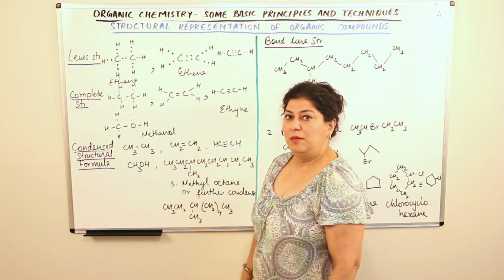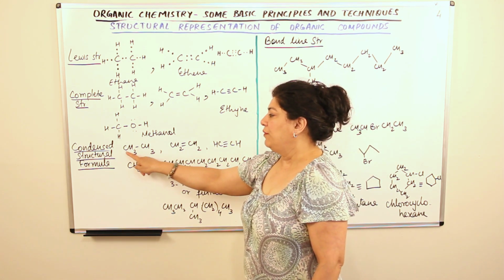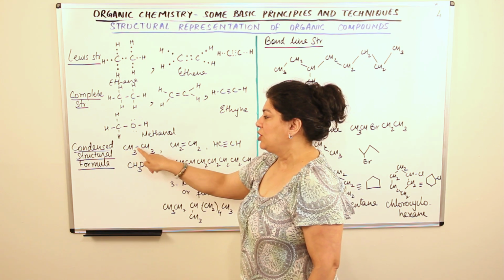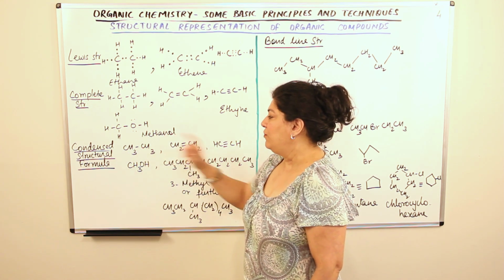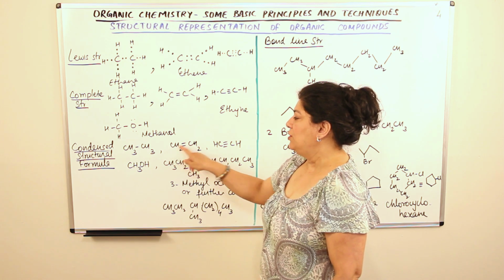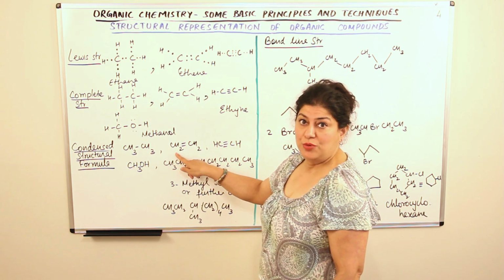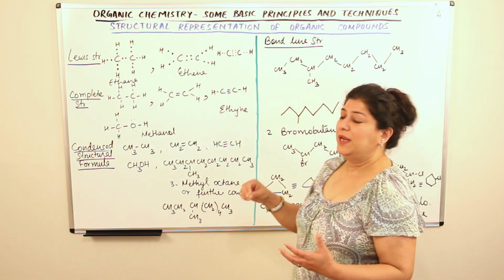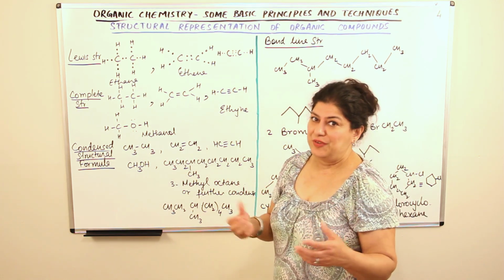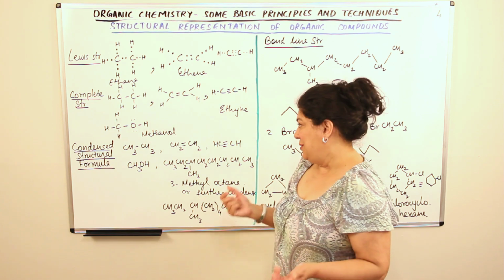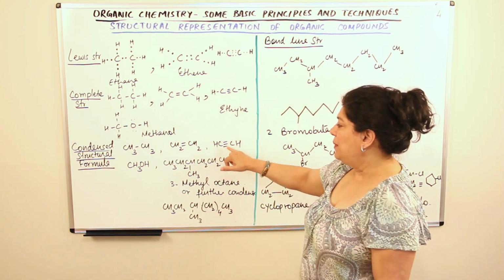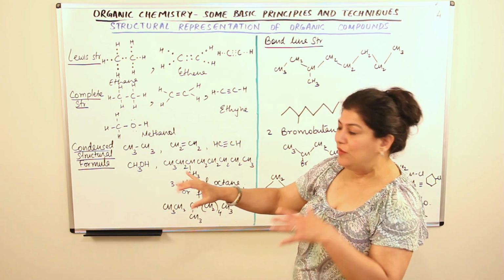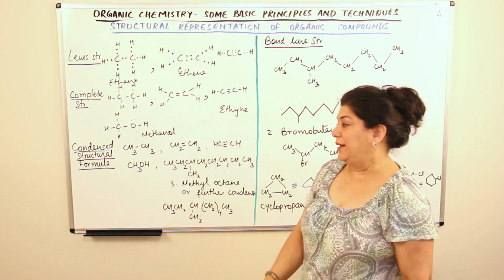If there is only a single bond between two carbons, then to complete 4 valencies you need 3 hydrogens, 3 plus 1, 4. If you have 2 bonds already, then 2 valencies are already there, so you need only 2 hydrogens, so CH2. So when you're writing down the formulae, you automatically kind of know what you are supposed to write. If there's a triple bond, 3 valencies are already fulfilled, so you need only 1 hydrogen,